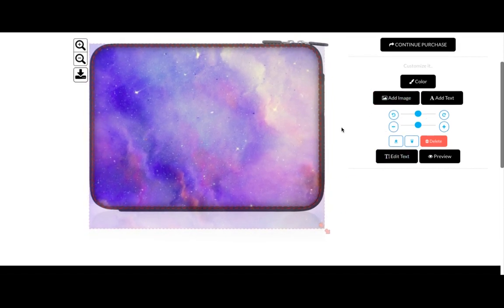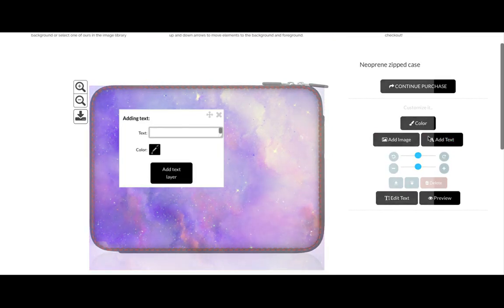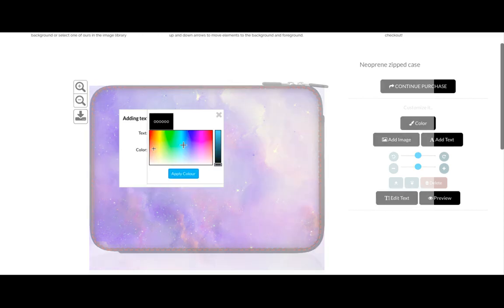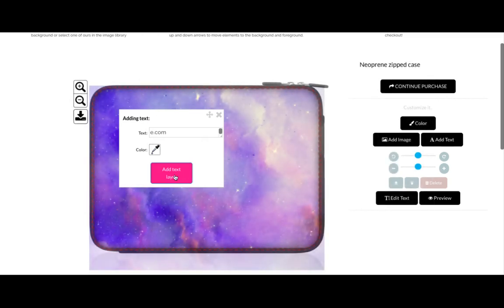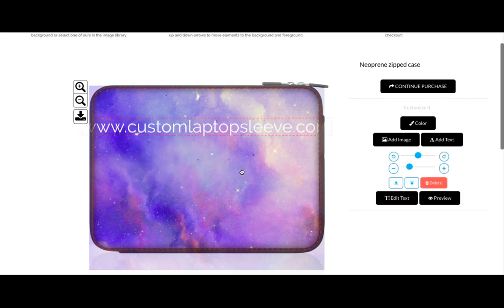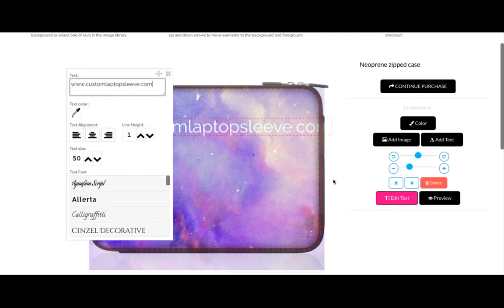So next thing I can show you is how to add text. The first thing you do is you click on Add Text here. You can put anything you want, really. So I'm going to put our website name there. And what's very important is that there are actually no customization options on the Add Text. To edit your text, you have to click on Edit Text. So first we add the text layer, and then you click on the text and you go into Edit Text,